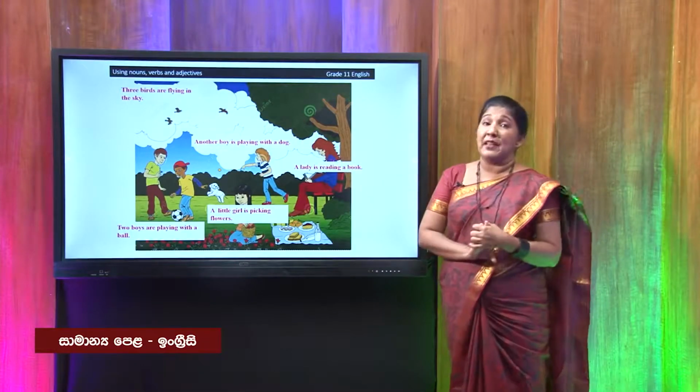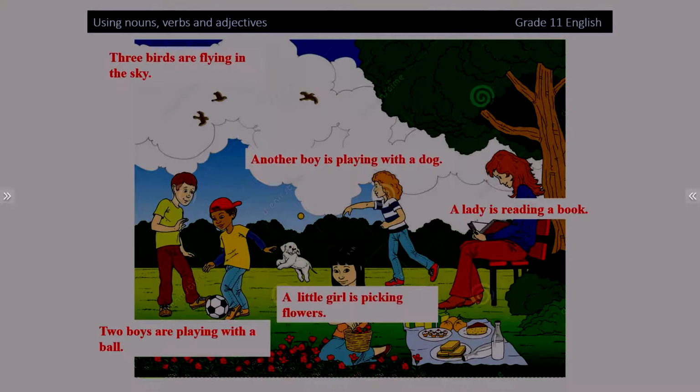Another boy is playing with a dog. We spoke about 2 boys, and then there is another boy. That's why we use another boy. There we have spoken about the action. We have told about the boy, and then with whom? He's playing with a dog. Right? And then